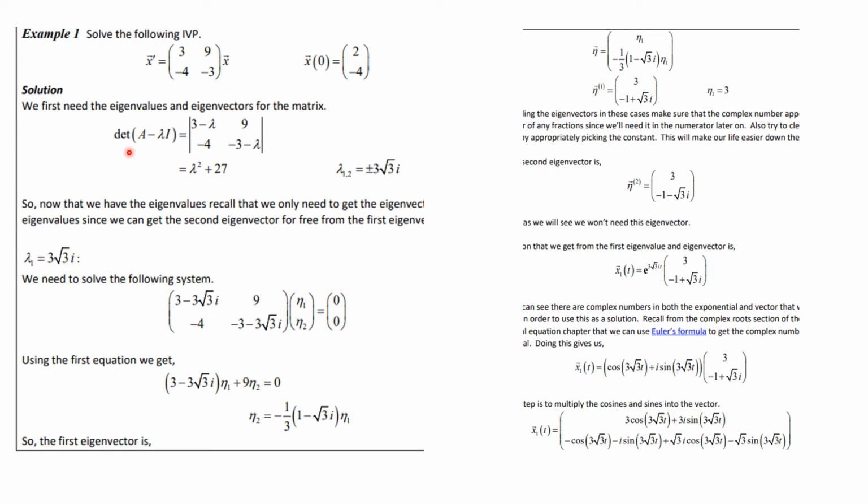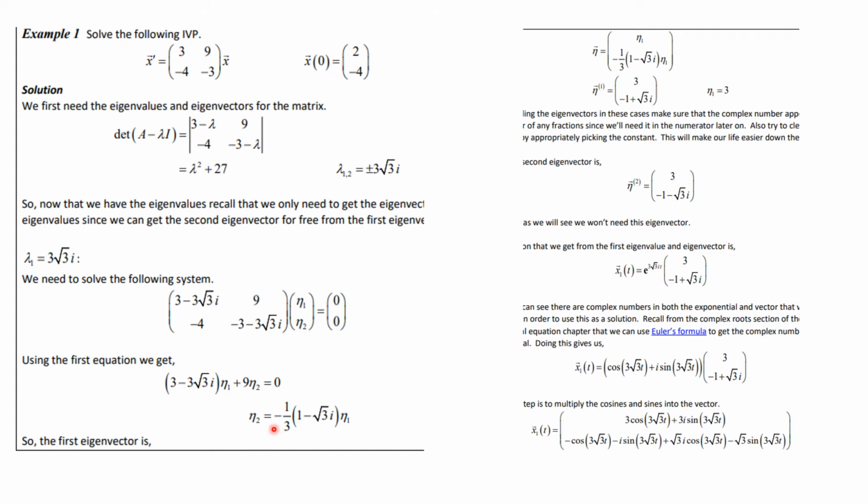Okay, so first thing you do is you're going to have to find the eigenvalues, and you find them to be plus or minus 3 square root of 3 times i. That i is not underneath the radical. So what we're going to do is take this value and substitute it into the equation. And so when we do that, we're going to get this, and to find the eigenvectors, we're going to solve this equation. So when we multiply those things, we get this, and that tells us that